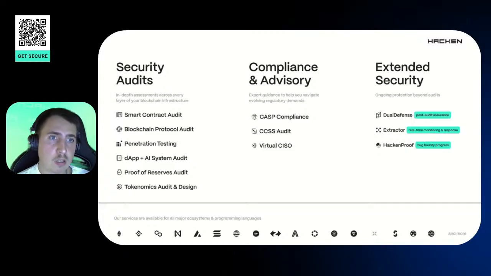For example, in DORA and VARA, you need to have alerts for anomalies from your on-chain assets. And it's not about KYC for transactions or anti-money laundering. It's about security risks, and playbooks to automatically respond to any potential attacks and incidents. So this is how the Extractor could help.